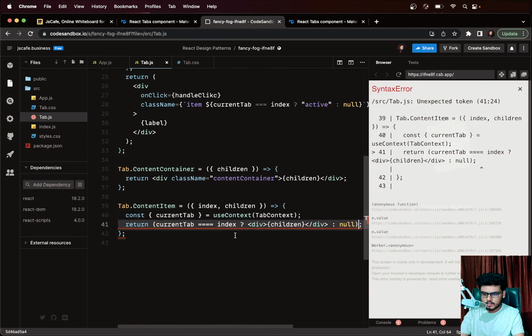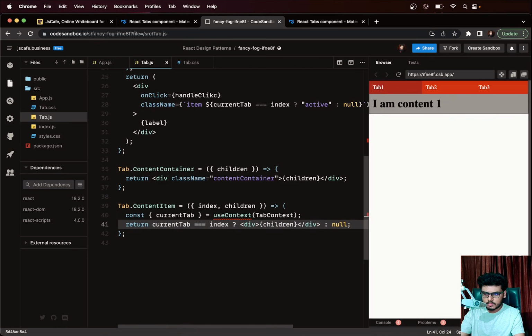Oh, okay. Yeah. So tab 2, tab 3, tab 1, tab 2, and tab